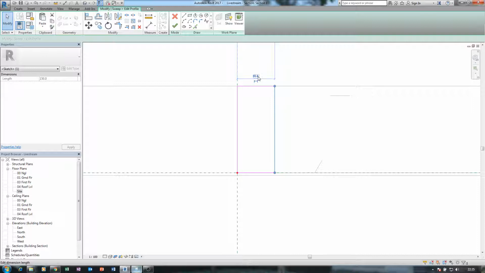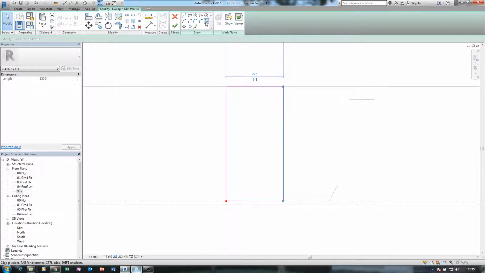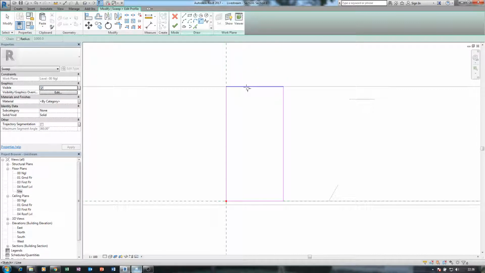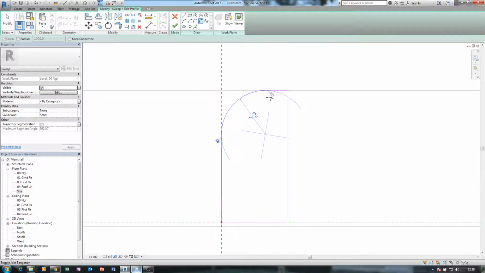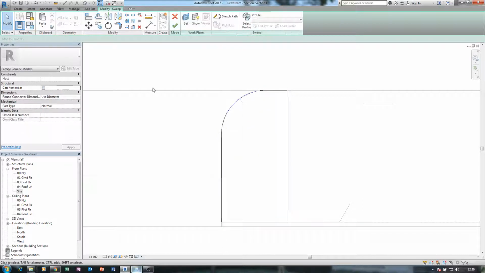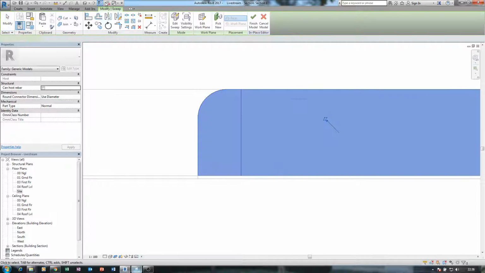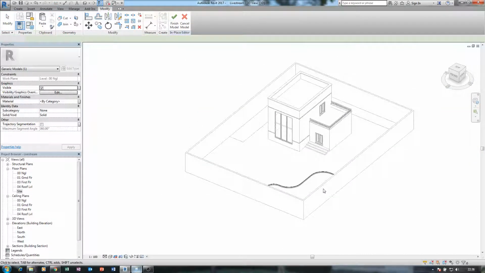Then I have 75 mm. So you know there's no rule to this, it depends on the way you think the curb should be. So I think this is okay for me, with 25, or let me just say 50 as well. If you want to go much more detail, you can begin to fillet all these edges, but we don't have that time. So with this I can finish, and you can see the curb, the way it goes.